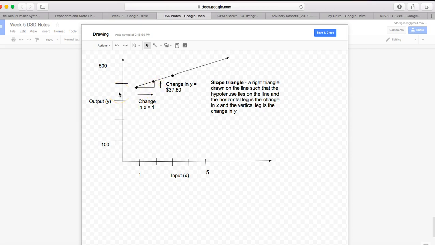So it shows the relationship between your x and your y. For every unit of x, what's going on with your unit of y. For my specific case, for every 1 unit of x, I go up $37.80. So I'm going to let you pause the video here, write down the definition of a slope triangle,